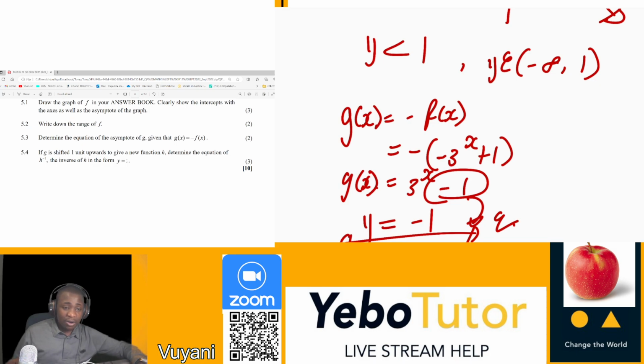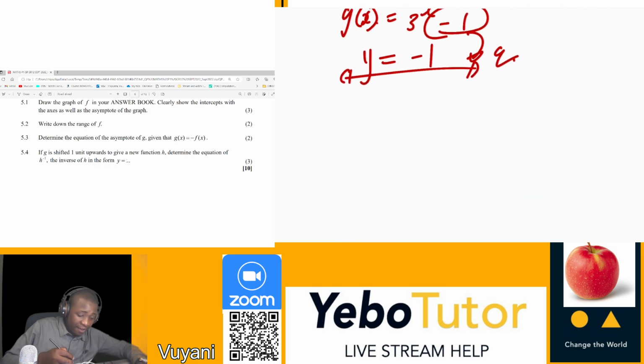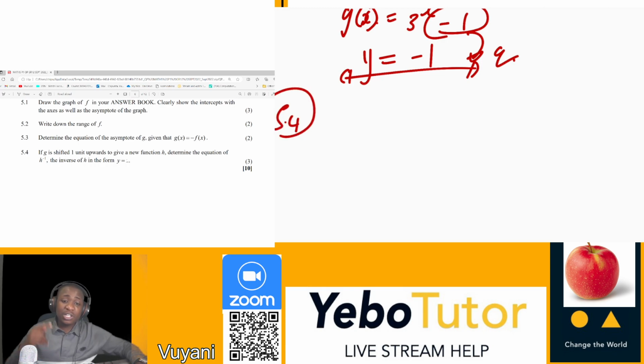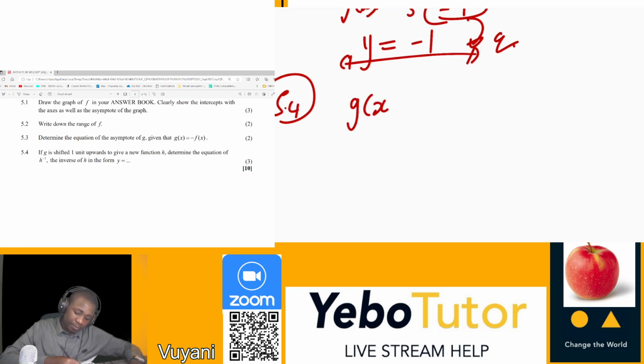Then after that, on 5.4, come on here with me. If g is shifted 1 unit upwards, to give a new function h, determine the equation of h inverse, the inverse of h in the form of y. Oh, okay. So if g is shifted 1 unit upwards, okay. This sounds amazing. So g of x now, which is equal to 3 to the power of x minus 1,